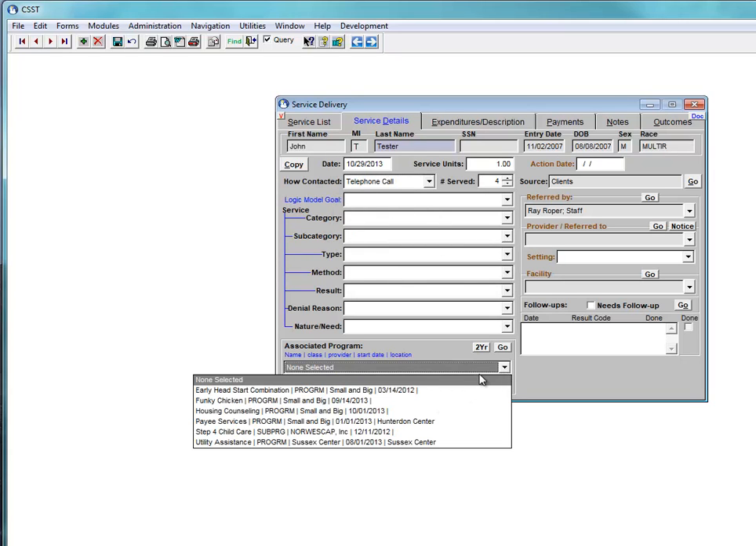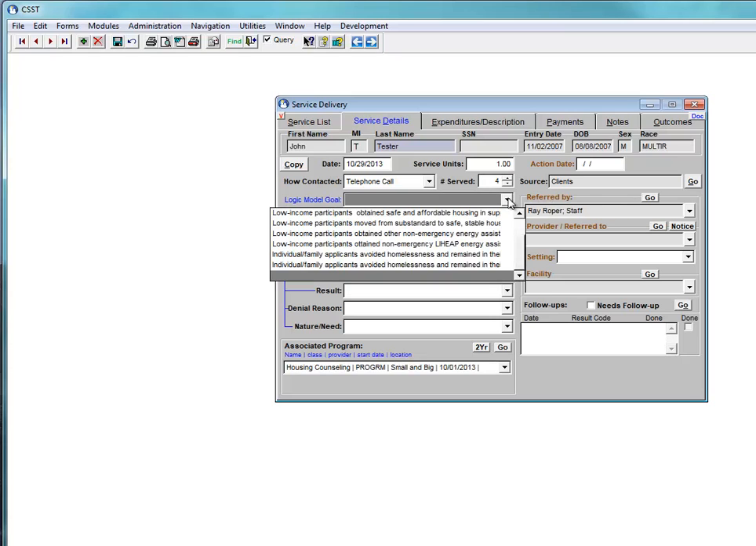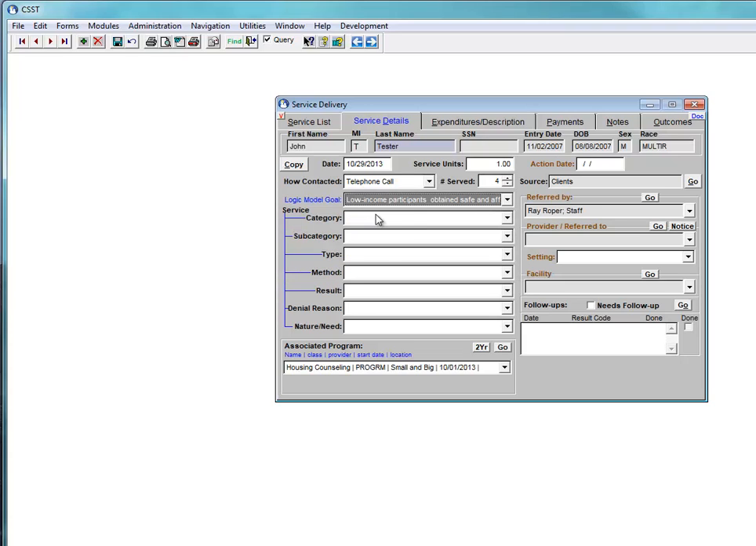Associated program. Since we're calling this Annie's house, we're going to presume that it's a housing-related service delivery record, so I'll choose a housing counseling program. Logic model goal, we can choose one of those. For our housing counseling program, we have 2 separate logic models associated with that, and these are the outcomes that are associated with those 2 logic models, so we can choose any one of those. Let's say just the first one for the sake of argument, so it's easy to find again,